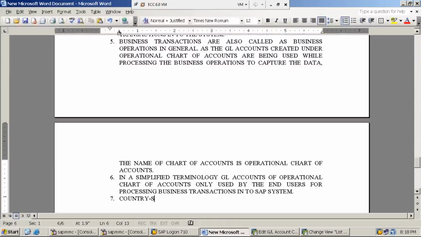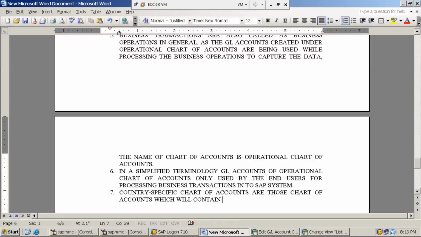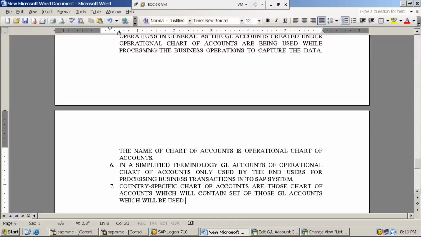Country specific chart of accounts are those chart of accounts which will contain a set of those GL accounts which will be used to generate country specific reports,